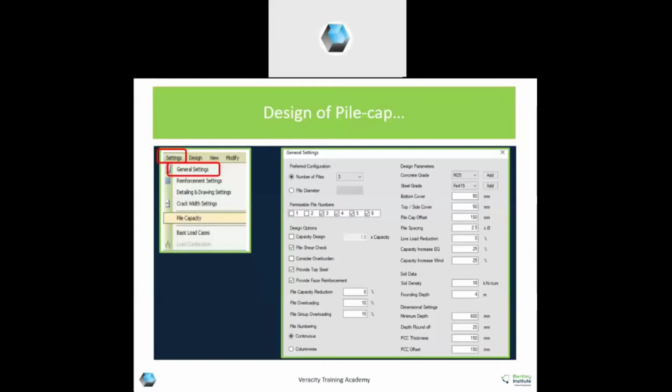Capacity increase due to earthquake or wind as per the codal provision. If you don't want to allow it, you can type 0% there. Soil density, founding depth, minimum depth of pile cap, whatever you want for design, you can input. And TC thickness and offset are for the drawing purpose. These will be used in the drawing part.